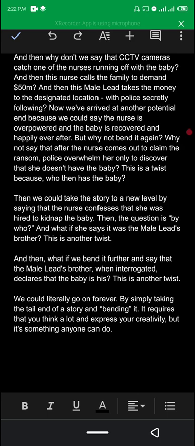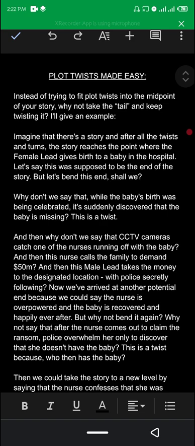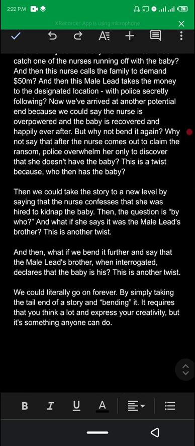We didn't need to go to the middle of the story. We started from here, the female lead giving birth in the hospital, and look at how we have bent it from that point until we have basically created another set of events. And the truth about this is that we can keep bending it and bending it. There is no limit to how you can bend it. You can bend it to the point where they go to another country. You can bend it to the point where they come back.